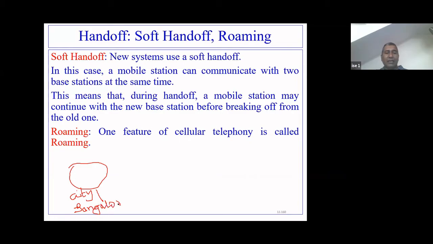You got the idea? And there is another city, assuming that it is Mumbai. This is Mumbai. Right. Now, assuming that you are using a BSNL SIM card. Am I clear over here? Now, suppose you have taken a flight, you have gone to Mumbai, and in Mumbai, you have gone to some place where BSNL doesn't offer service.